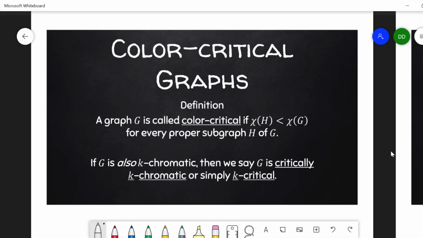Let's get started. So first off, a graph is called color critical if the chromatic number of any proper subgraph of the graph is less than the chromatic number of the graph. So what's really going on here is we're looking at graphs that are just barely K-chromatic for some K, in the sense that if you looked at any proper subgraph, removed any edge, removed any vertex, you would end up with a chromatic number that's smaller. So these are sort of minimal